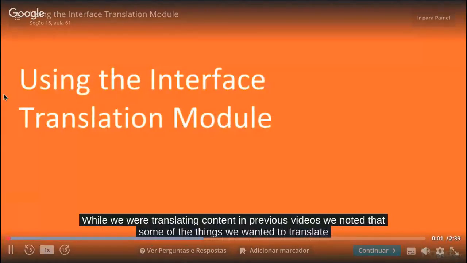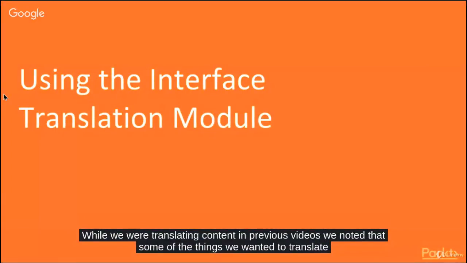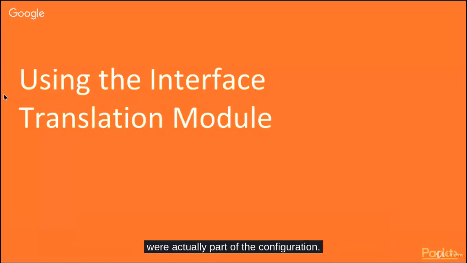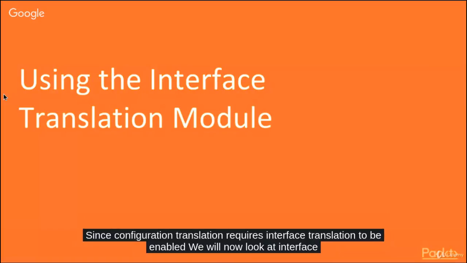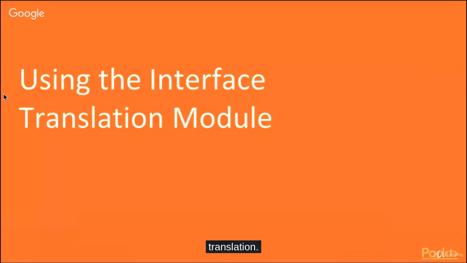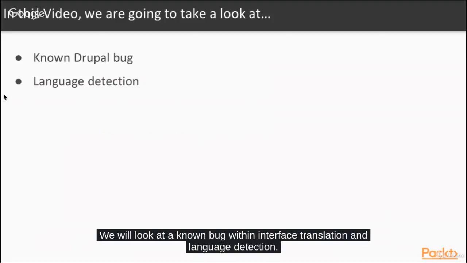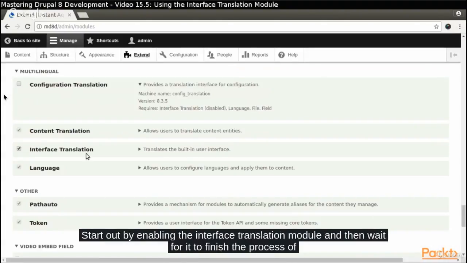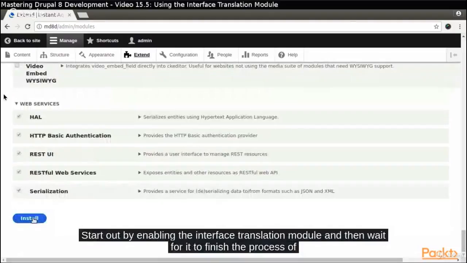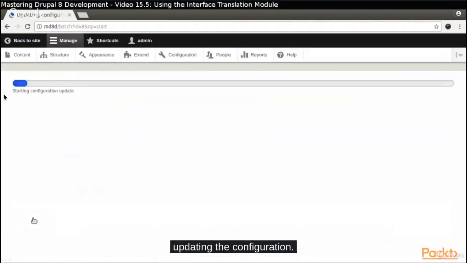While we were translating content in previous videos, we noted that some of the things we wanted to translate were actually part of the configuration. Since configuration translation requires interface translation to be enabled, we will now look at interface translation. We will look at a known bug within interface translation and language detection. Start out by enabling the interface translation module, and then wait for it to finish the process of updating the